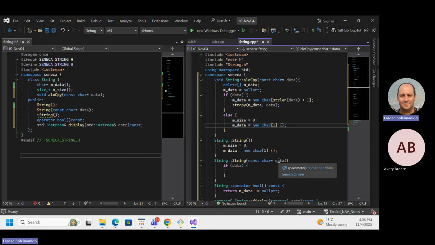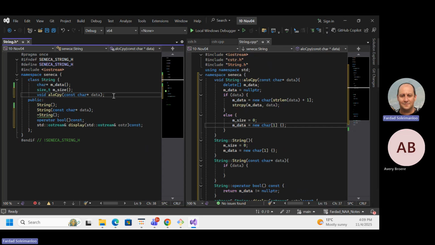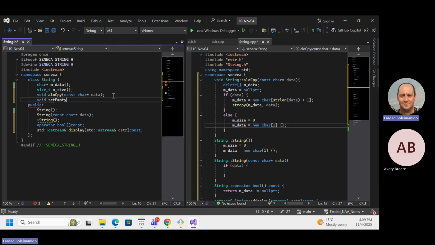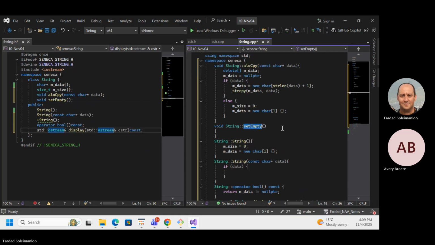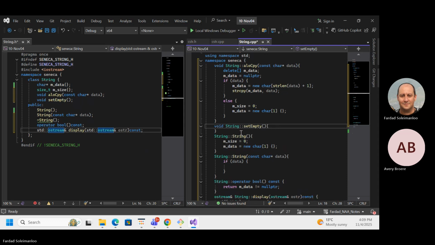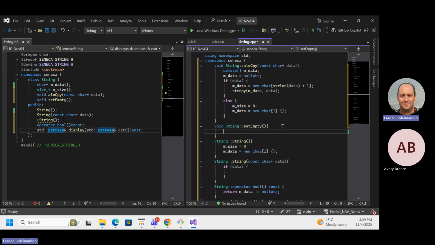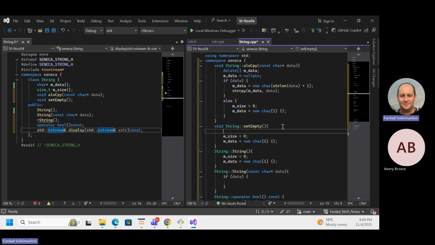So this is where I need to create a set empty function, okay? Because I copied and pasted, I have to have a set empty function. So in here, void set empty, and the set empty function essentially does that. So set empty essentially does this, copy, it pastes it over there, and we make sure that we delete before that, just in case somebody calls it.